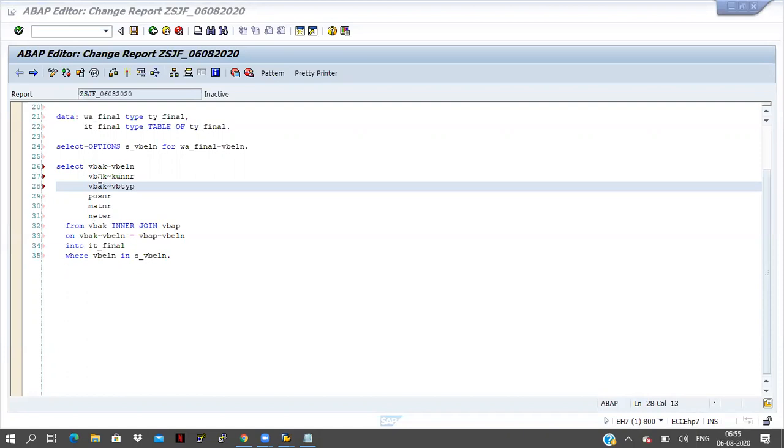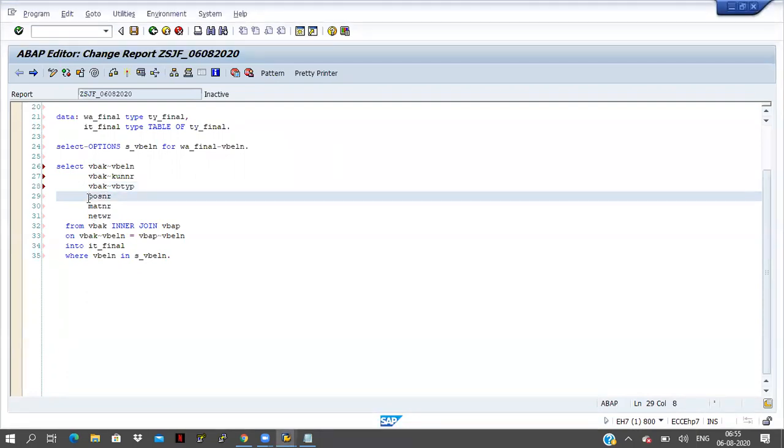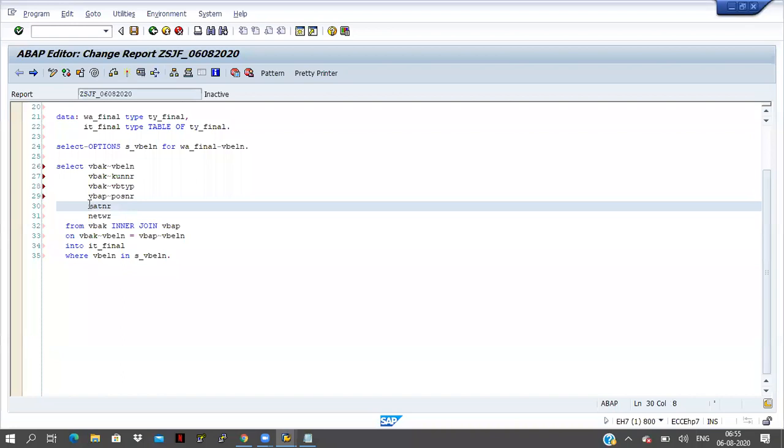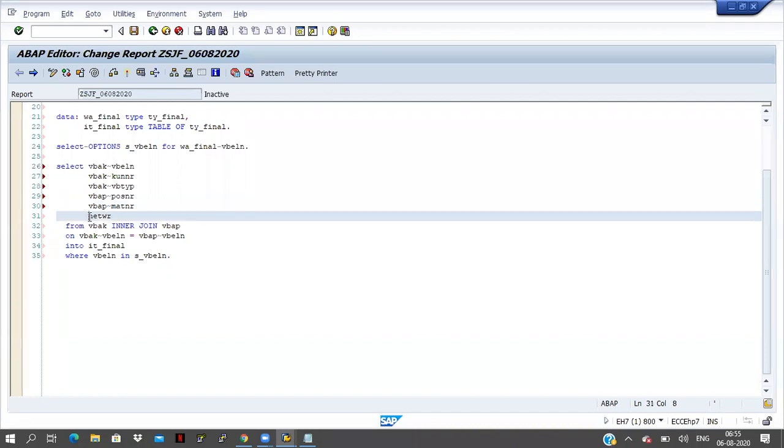In VBAK table, KUNNR field you have to take. In VBAK, VBTYP you have to take. And here POSNR is coming from VBAP. VBAP tilde, and MATNR is coming, material, this is also from VBAP, and NETWR, this is also from VBAP. So if you write like this, then what will happen?